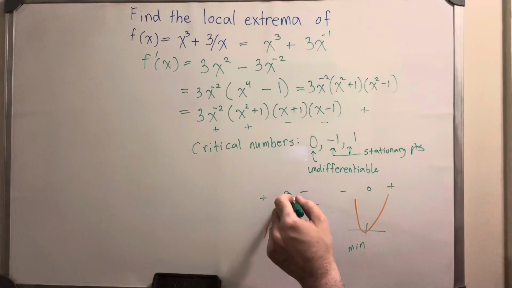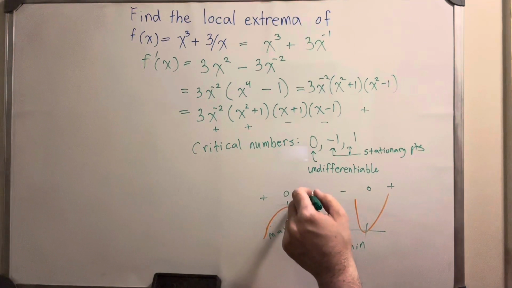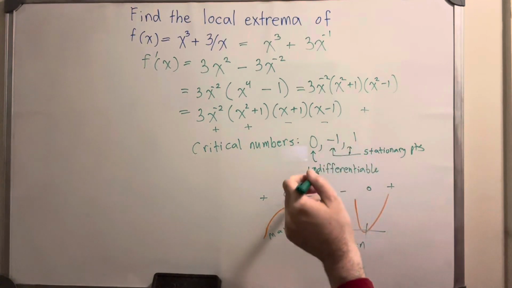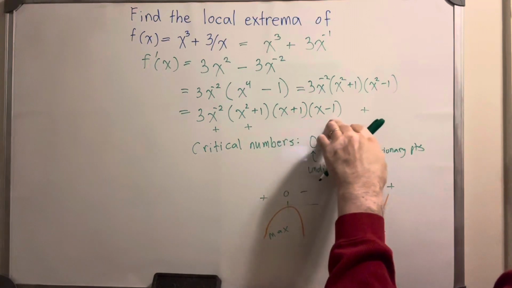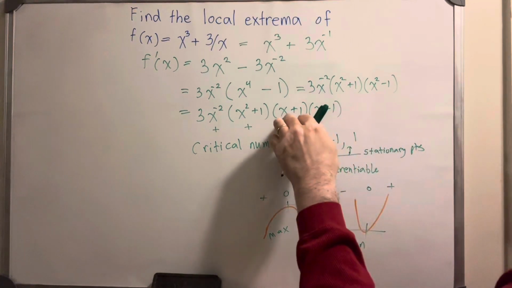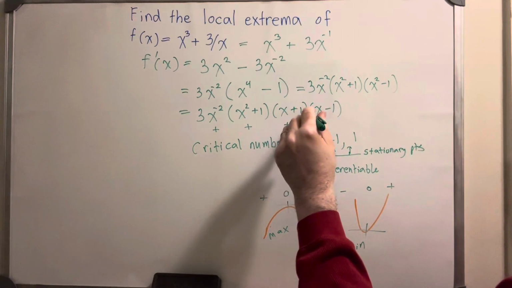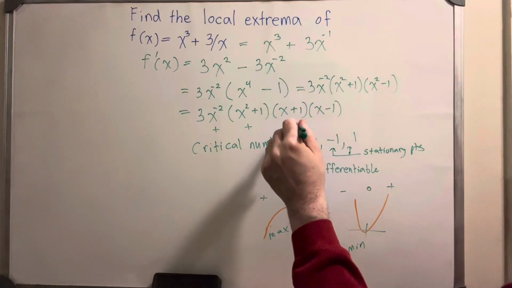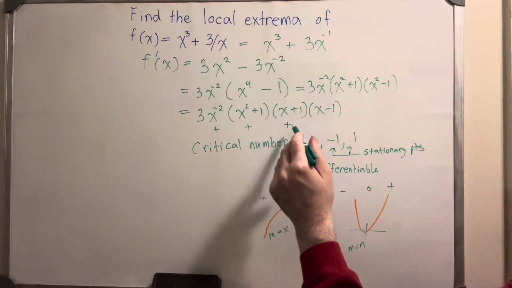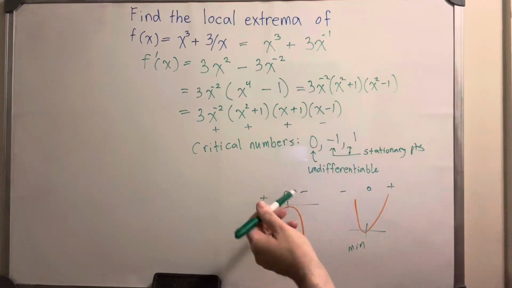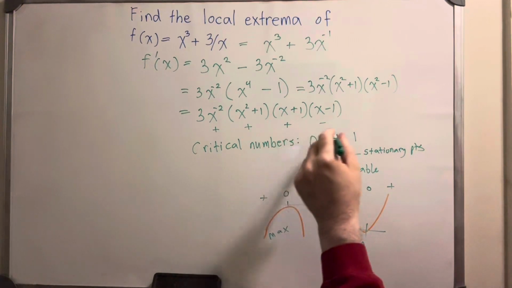Let's double check and make sure. Let's consider a value slightly greater than -1, say -0.9. This would be positive because -0.9 plus 1 is like 1 minus 0.9. This would be a very small but positive value. -0.9 minus 1 would be another negative value. So there we go. -1,